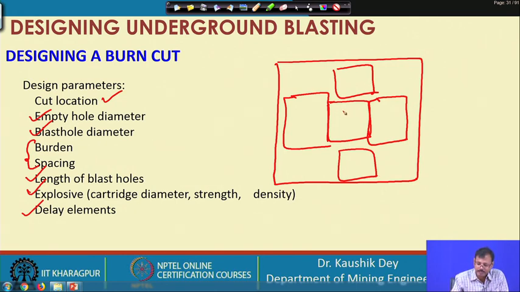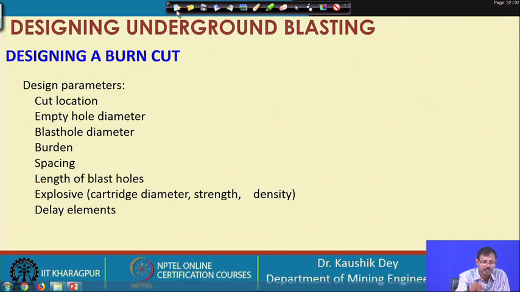As the cut area has the largest concentration of explosive, it is wiser to move the cut area in repeated rounds. If in the first round we have the cut area at this place, in the next round we should have it at another place, then at another place in the following round. That way we can change our cut area to different places.